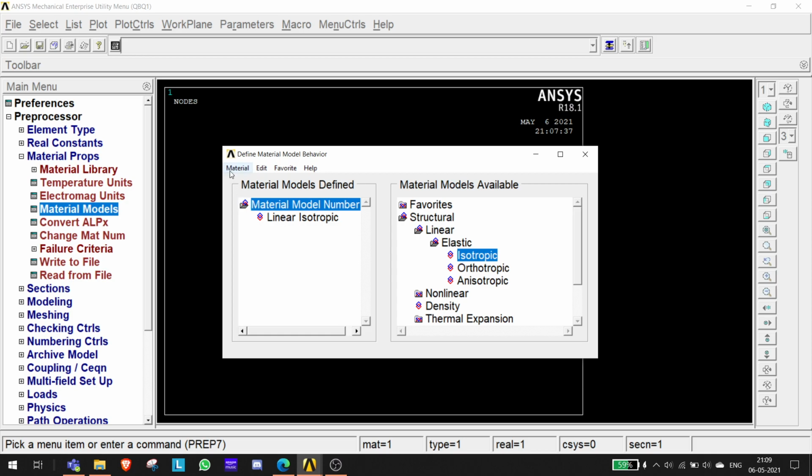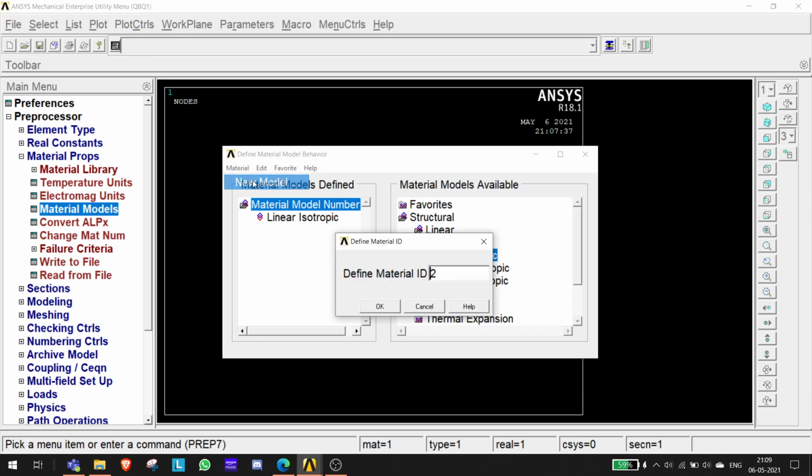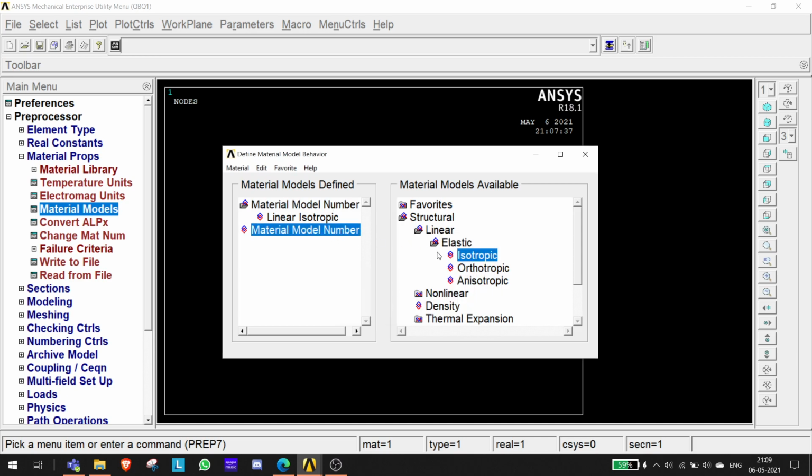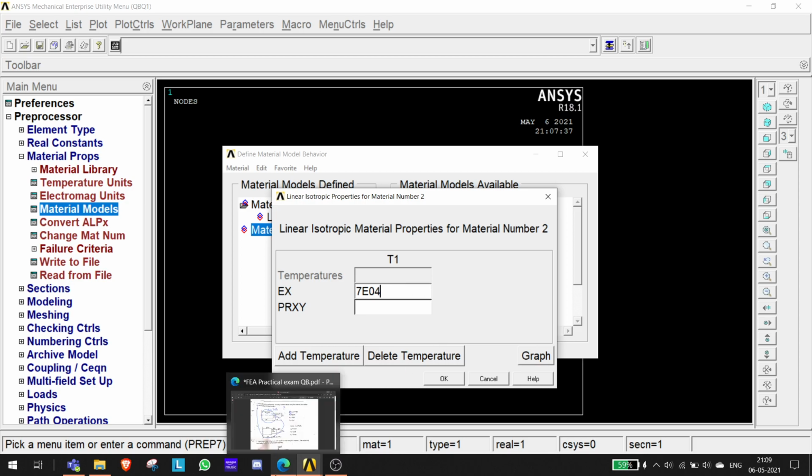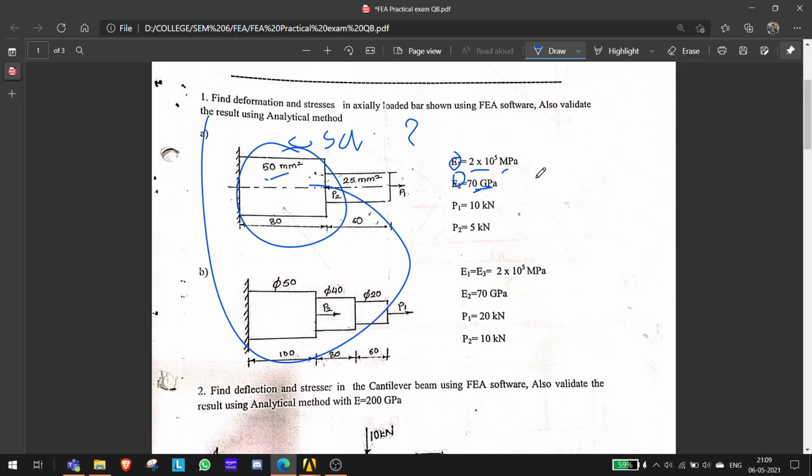We have to define another material, so I'll go into material, add new model, and give it material ID 2. Here also I'll add isotropic, and this is 7 into e power 04. Why 04? Because this is 70 GPa, and converting GPa to MPa has a conversion ratio of 10 power 3.